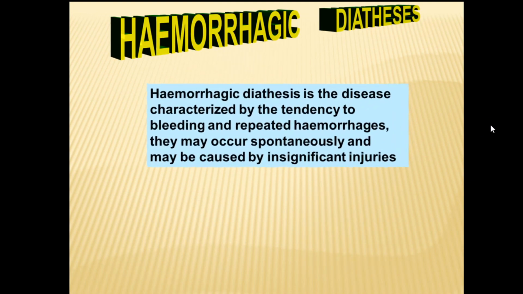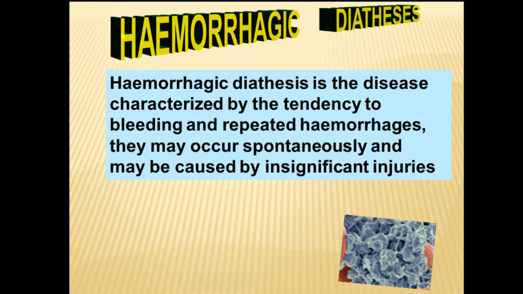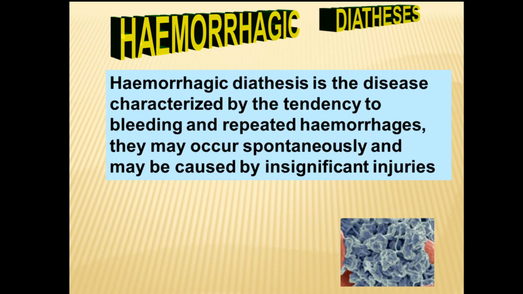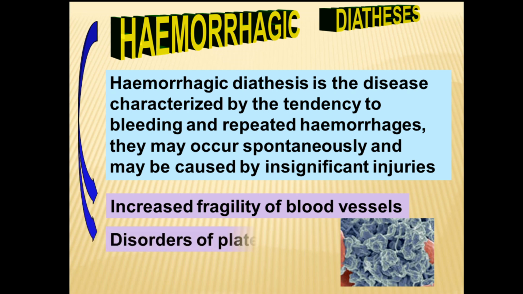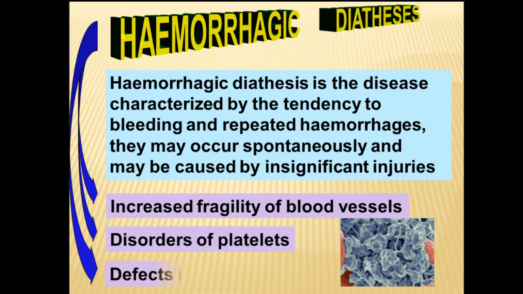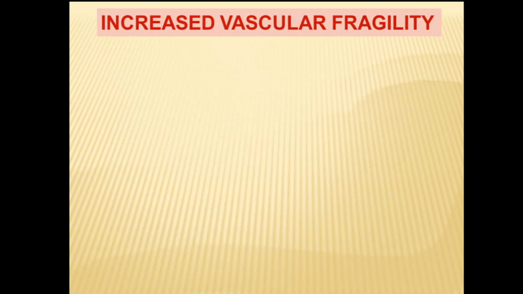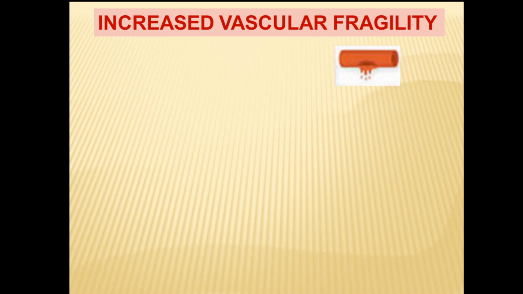And the last question on which I want to stop today: hemorrhagic diathesis, a disease which is characterized with a tendency to hemorrhage. Depending on causes, they may be divided into 3 groups: due to increased fragility of blood vessels, due to disordered activity of platelets, or due to problems with coagulative factors. I want to stop on the clinical picture of this